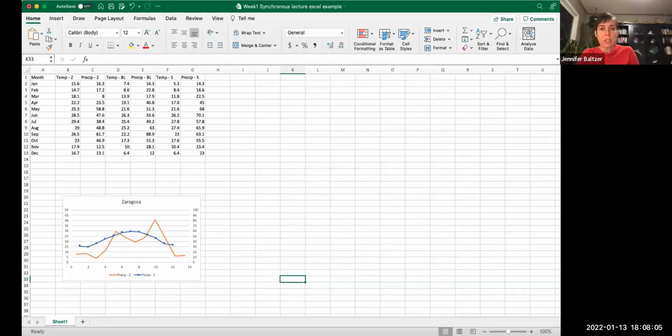Okay, I'm going to open Excel. I have too many things open in Excel right now. It would turn out, not fun things, just budgets. Let's see here. Okay, there's my synchronous lecture example. So I'm going to delete a couple of graphs and we can just walk through this. So I'm going to share my Excel worksheet and you guys should all be able to see that now.